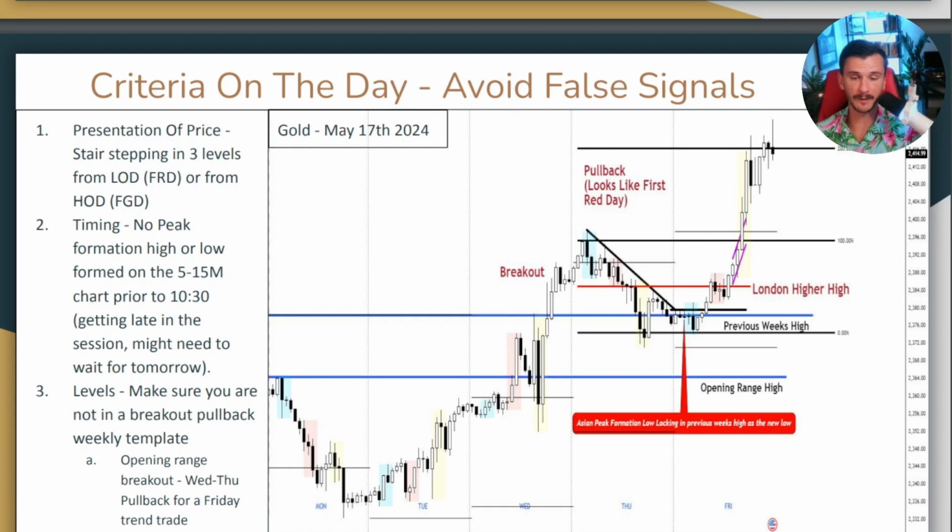All right. So we would have a peak formation low day that is closed above the open, a large dumping day, first green day behavior, and then a trade day on the following day. But how do you actually avoid the false signals? I talked about it a little bit earlier about 2 to 3 weeks of breakouts in a direction and then getting a first red day, or 2 to 3 weeks of downwards direction and then getting a first green day,